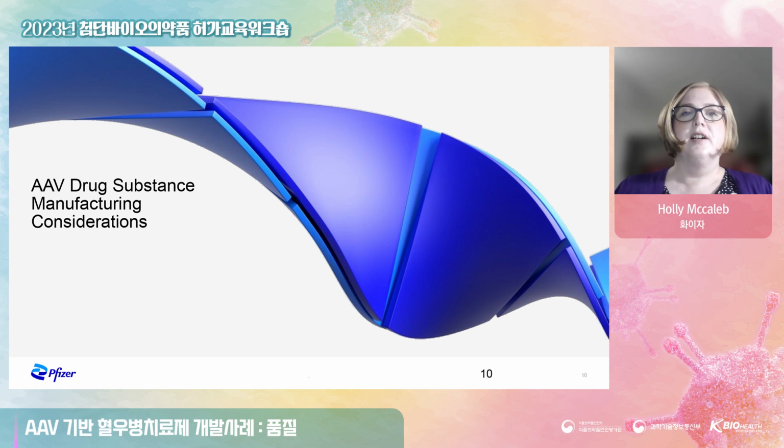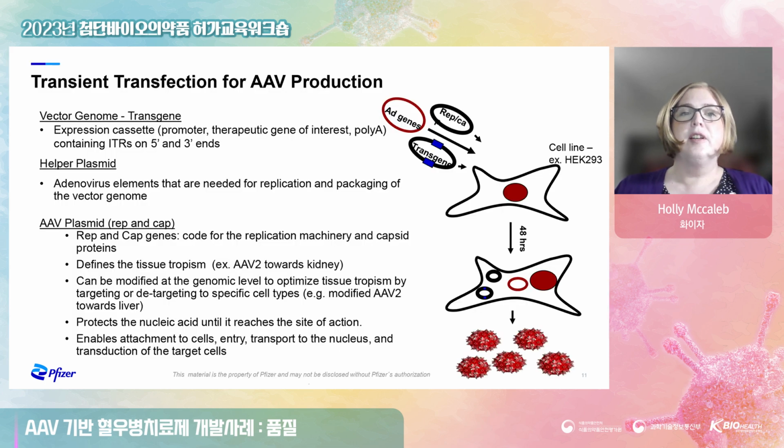I will now move on to talk specifically about drug substance manufacturing considerations. I mentioned earlier that AAV production is generated through transient transfection of the HEK cells. This transfection uses 3 plasmids, which are the transgene plasmid, the helper plasmid, and the RepCap plasmid. The transgene plasmid includes the